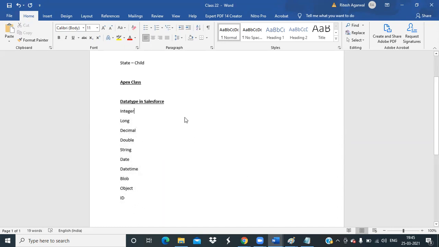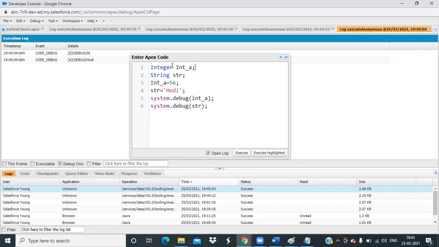And using the data type is entirely the same as other languages. We just need to define the data type, assign some value, whatever way, in code or explicitly, and then we can print or use this value.